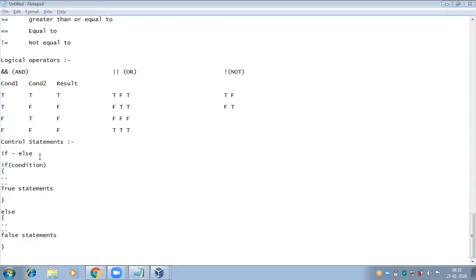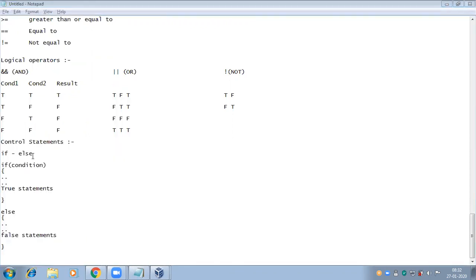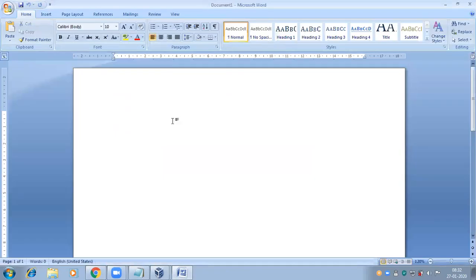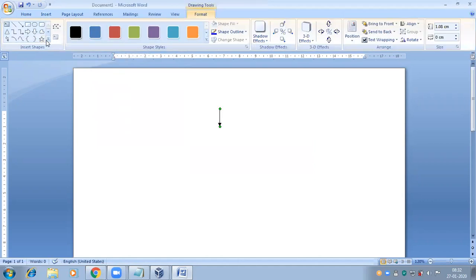The flow chart looks like this. So this is the condition part.